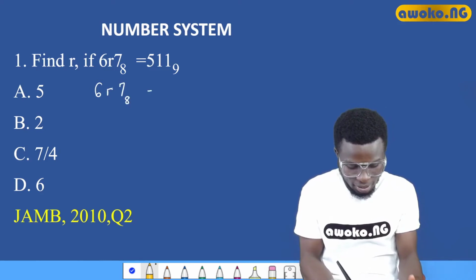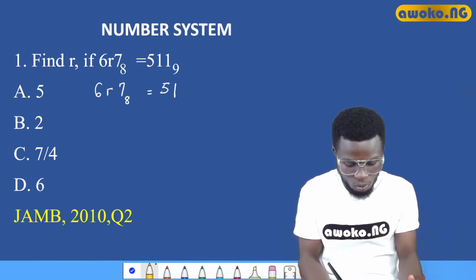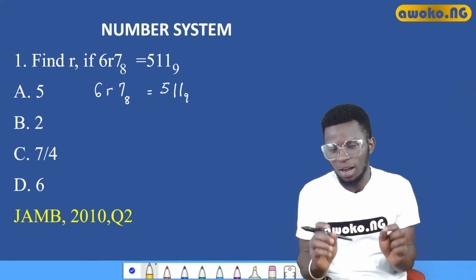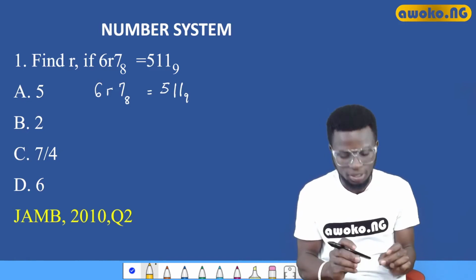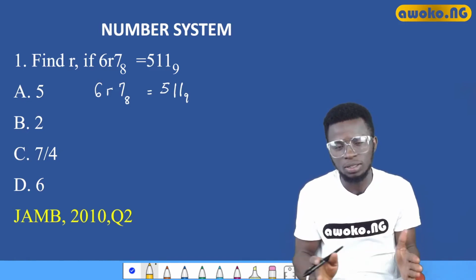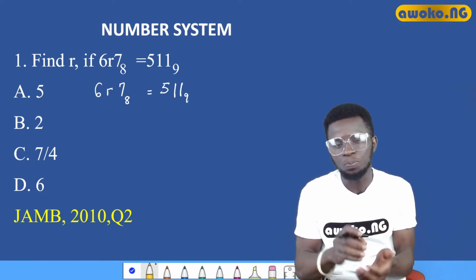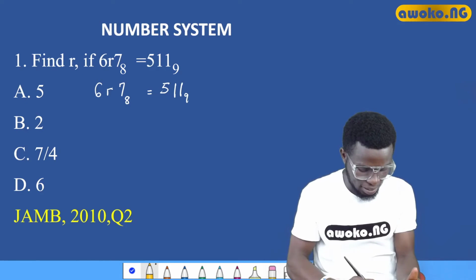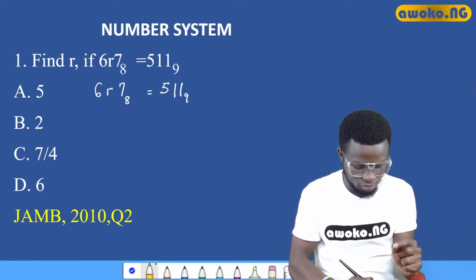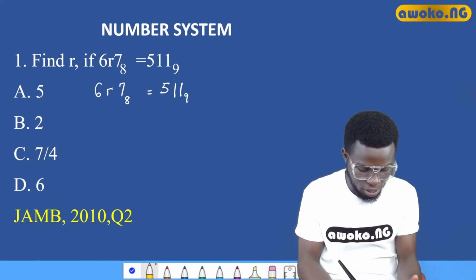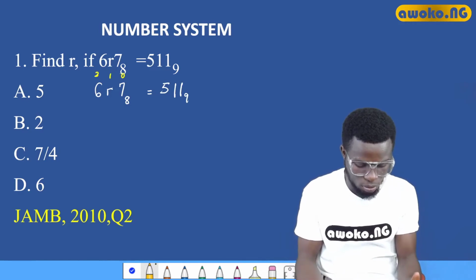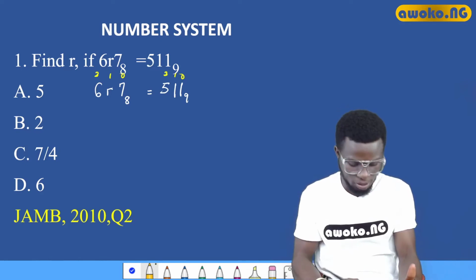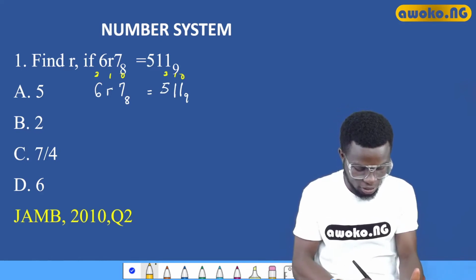6R7 base 8 is equal to 511 base 9. Like I said, our first step is to convert each of these numbers to base 10. And how do we do that? It is just to assign a particular number to each of them. And in assigning this number, we have 0, 1, 2 and 0, 1, 2 over here. So after doing that, the next thing is to